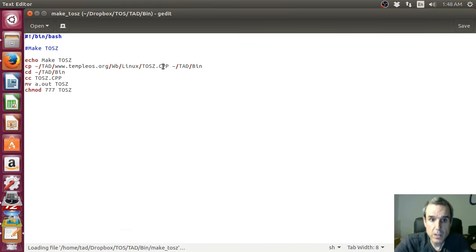TOSC, look at this file carefully. What does this do? TOSC is an uncompressed tool for Linux, and